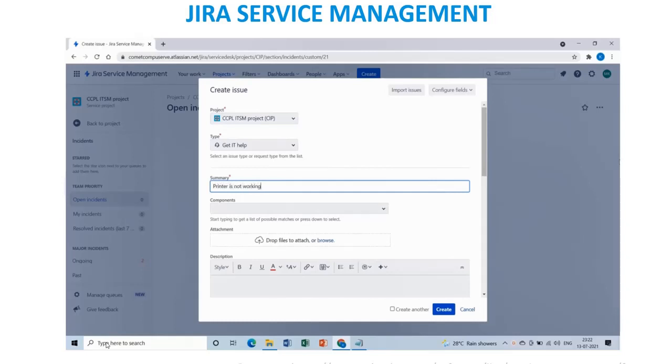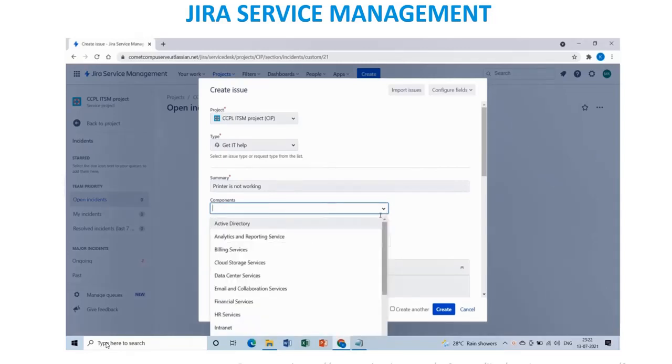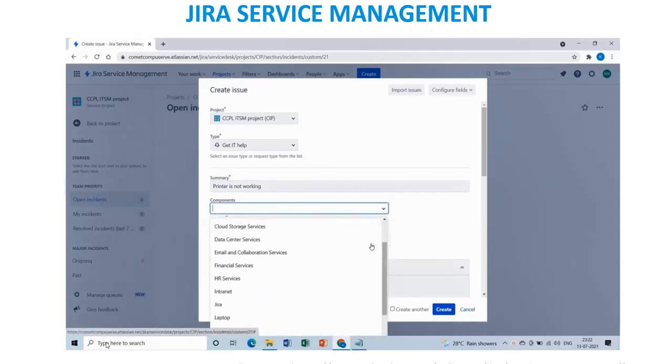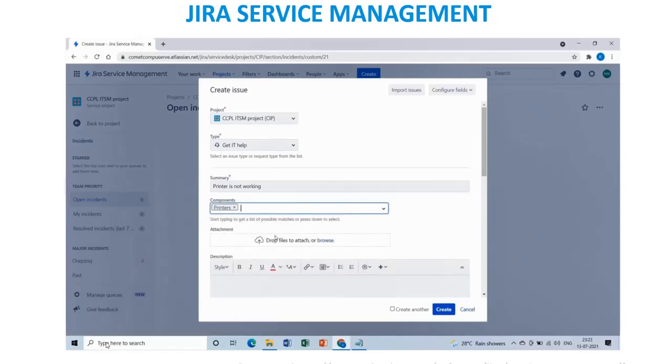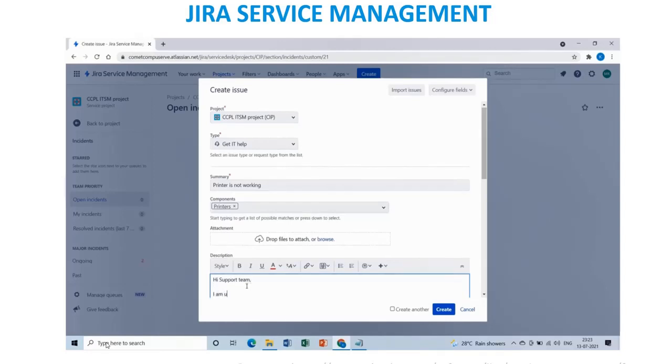I'm saying that the printer is not working. The component is printer. Suppose you have updated the CMDB database and included it in the ticketing tool. Once you drop down, you will get that asset, so you need not type any name of the asset. You can directly type the actual CI which is having the issue.